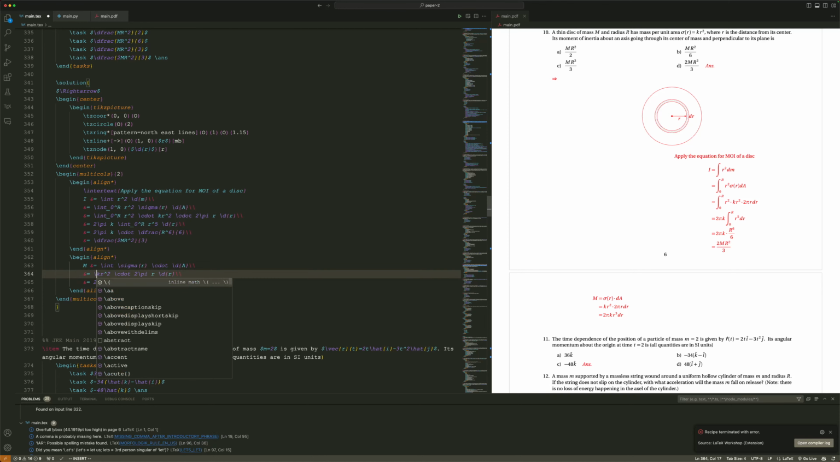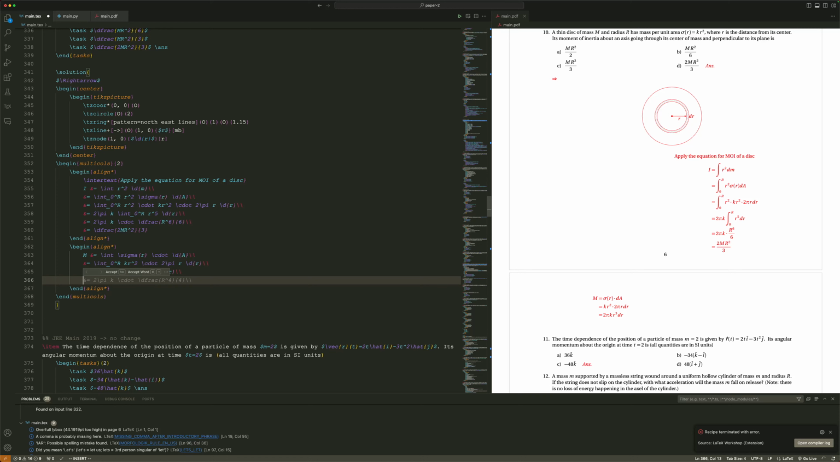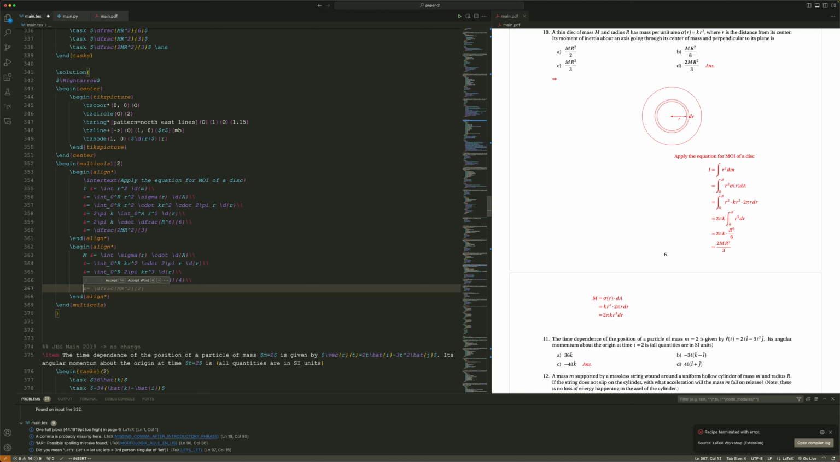And then int from 0 to capital R. Then again I can say int from 0 to capital R, and now we can point out r square by 4, yes. Then, no, m is equals to